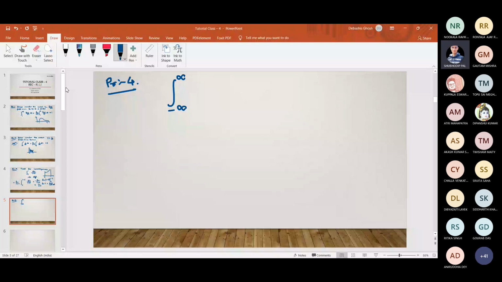Okay, I will come to that one again. Sir, please show the previous question again, sir. Question number 3, sir. 6. I will come to that later. So that is tan inverse b minus tan inverse 0. So as b tends to infinity, tan inverse b comes to perfect.